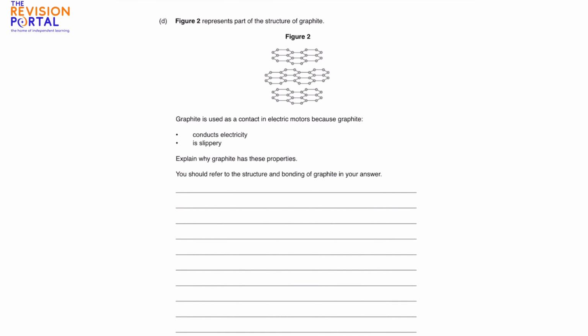So it says figure 2 represents part of the structure of graphite. Graphite is used as a contact in electric motors because graphite conducts electricity and is slippery. And the question is asking us, explain why graphite has these properties. So this is an explain question, which means we need to give some scientific detail. And it gives us a clue by telling us to refer to the structure and bonding of graphite in our